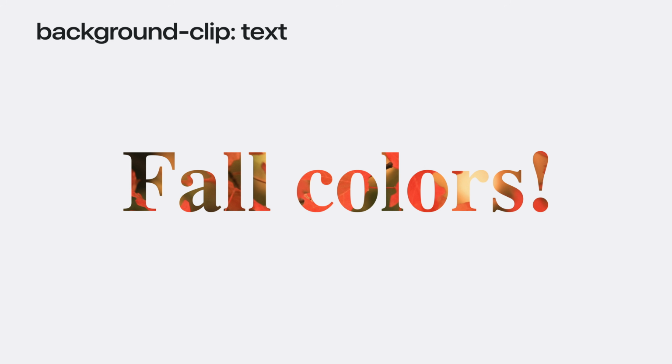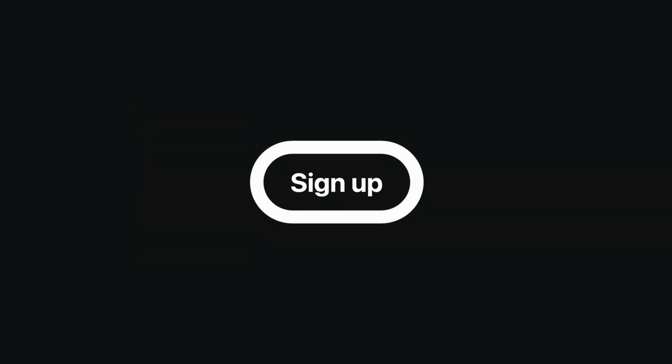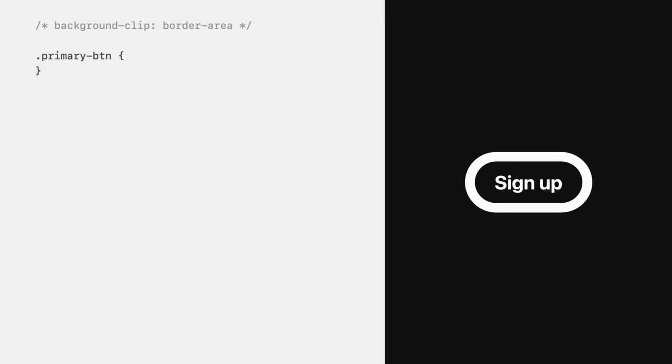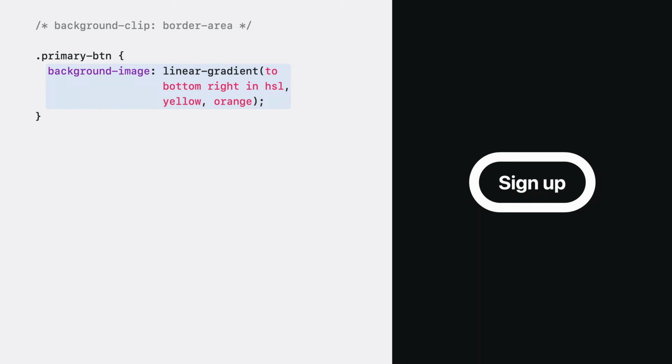Background clip text introduced new visual capabilities to text, and now we're doing the same thing to borders. Let me show you how it works. My buttons are styled with a thick white border, but for my primary button, I want to do something different. I want to use my new background clip value to add some brightness to it and give my border a gradient. I'll start by adding that subtle yellow to orange gradient I was working with as my background image,